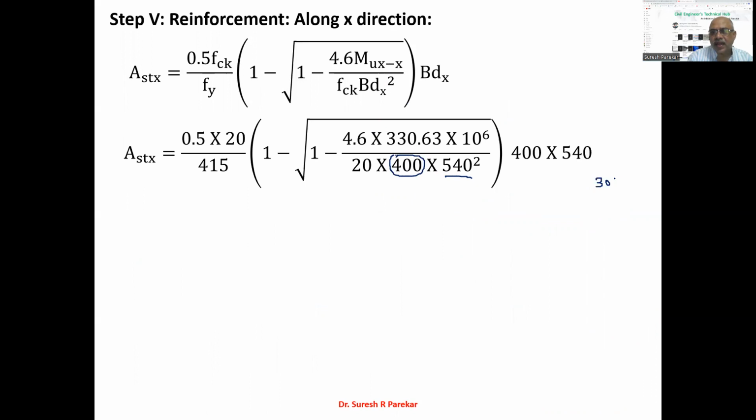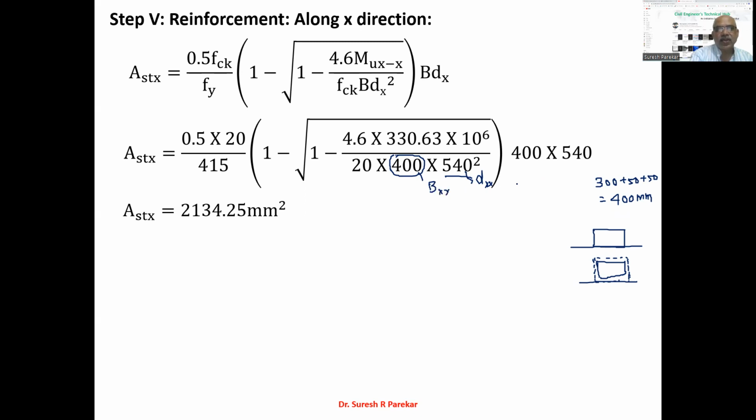Because width of column is 300 plus 50 plus 50, and we will get it as 400 millimeters. We have seen we are in this fashion and x-axis we have in this way. So this will be my width, that is 400 millimeter. 300 plus 50, 50, we have that as offset. So x-axis along this, means if I draw this diagram, then we have 50 mm offset on both sides. And then we have bending moment over here, and then we have this value b 400 into 540. This is dx, and this I can say bx, and from this we will get Astx, and that is 2134.25